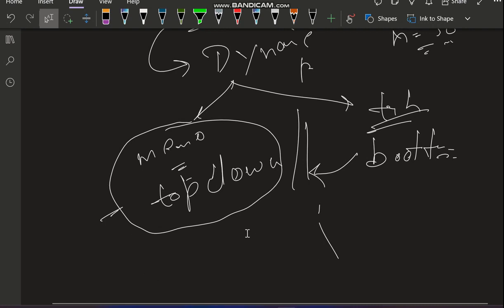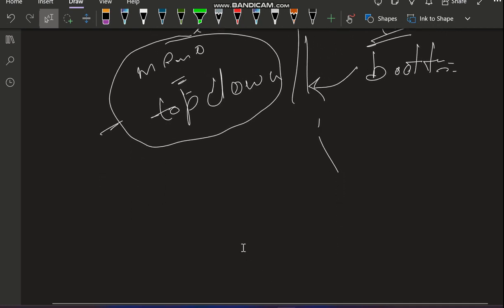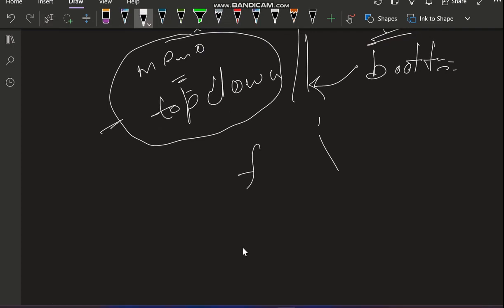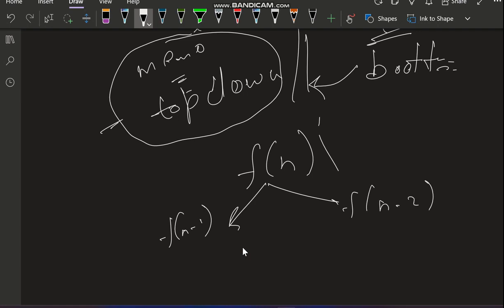But memoization is also very simple. You can also solve this question using tabulation, but in this question I'm using the memoization approach. So what is memoization? Let me explain it simply. When we have multiple recursion calls, suppose I have a call f of n, and I call the function again and again: here we call for n minus 1, here we call for n minus 2, and again we do the same.